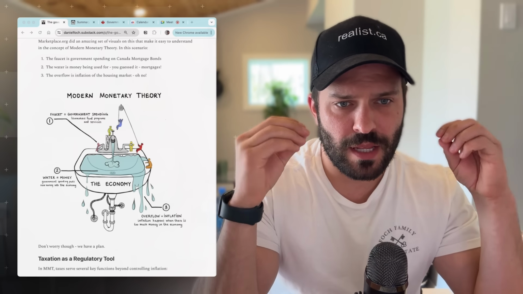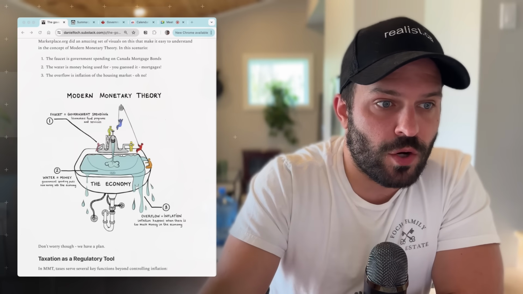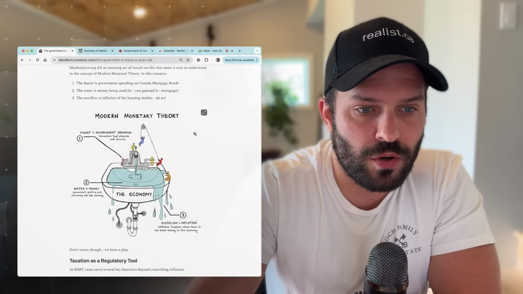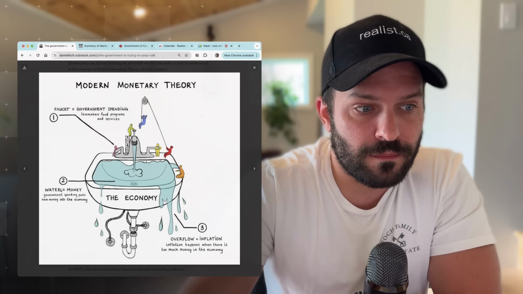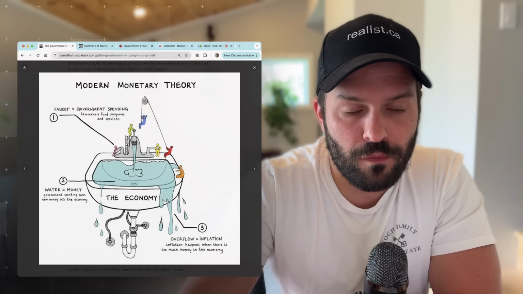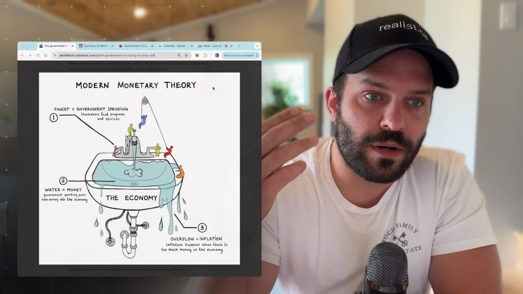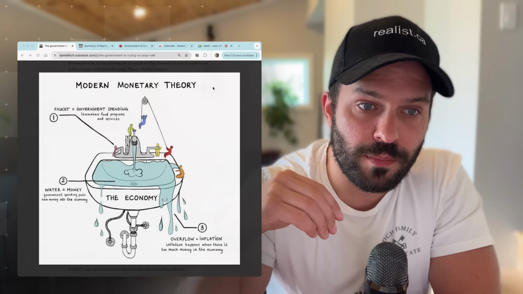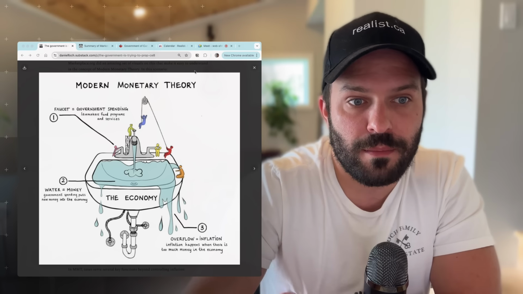So all of this to mention that this would be sort of the stimulus portion of what I would call modern monetary theory in Canadian real estate. There's a great little visual here that I have on the screen beside me that shows modern monetary theory. This comes from Marketplace. The faucet is government spending, the water is the money, and the overflow is inflation. This is when we've seen house prices accelerate as a result of record low monetary policy, record low interest rates. That would be another similar example of government policy that can cause inflationary impact.